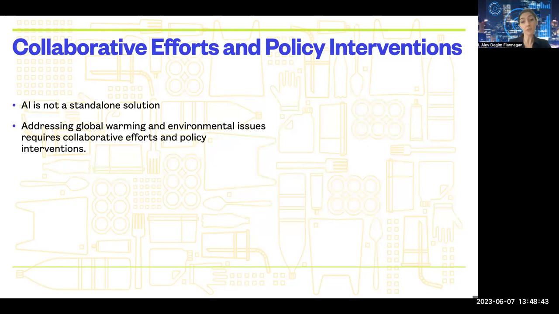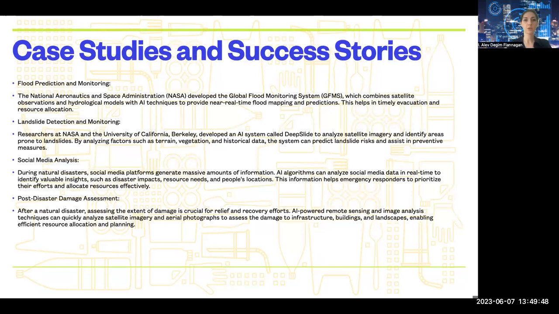And we can talk about collaborative efforts and policy interventions. It is important to note that AI is not a standalone solution, and I don't think expecting AI to be a standalone solution for environmental change is fair. Addressing global warming and environmental issues requires collaborative efforts and policy interventions. We're talking about governments, businesses, researchers, and individuals working together to create a conducive environment for AI implementation and foster sustainable practices for the future. Policies and regulations can prompt the responsible use of AI and ensure that its benefits are shared equally everywhere. And I think this is important as the discussions of banning AI, completely shutting down AI, are still going on at this moment. It is important to address these and see how we can utilize it in better and more